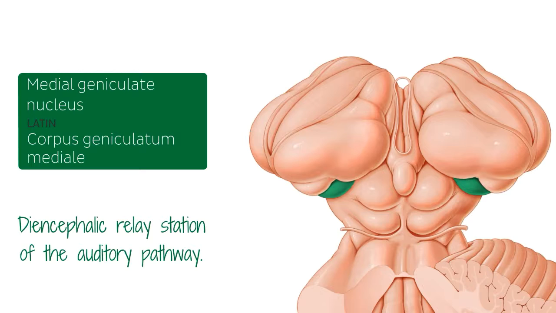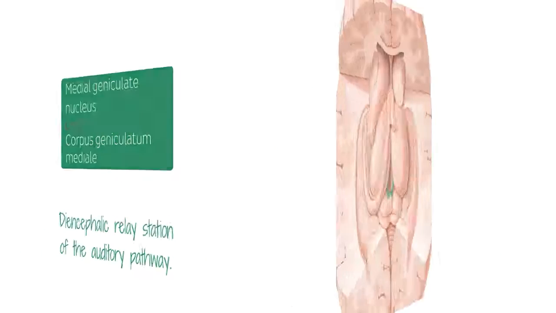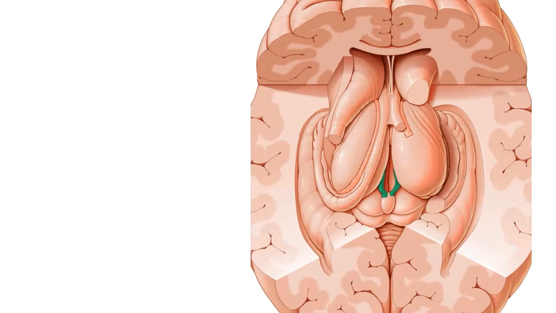Therefore, it is very important to remember that the medial geniculate bodies are associated with the auditory pathway, while the lateral geniculate bodies, remember from the previous slides, are part of the visual pathway. The final structure of the thalamus that we will be looking at is seen here highlighted in green,